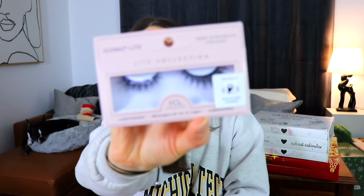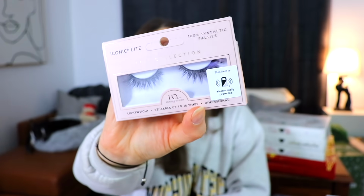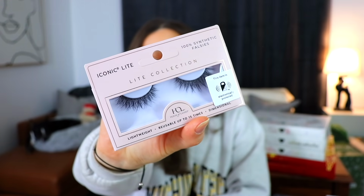Next up here we have a little pair of lashes. These are the iconic light lashes from House of Lashes. Okay, I have heard of that brand before, and I actually really like the style of these. They look kind of nice and fluffy, not too big and bold or anything. Moving on here